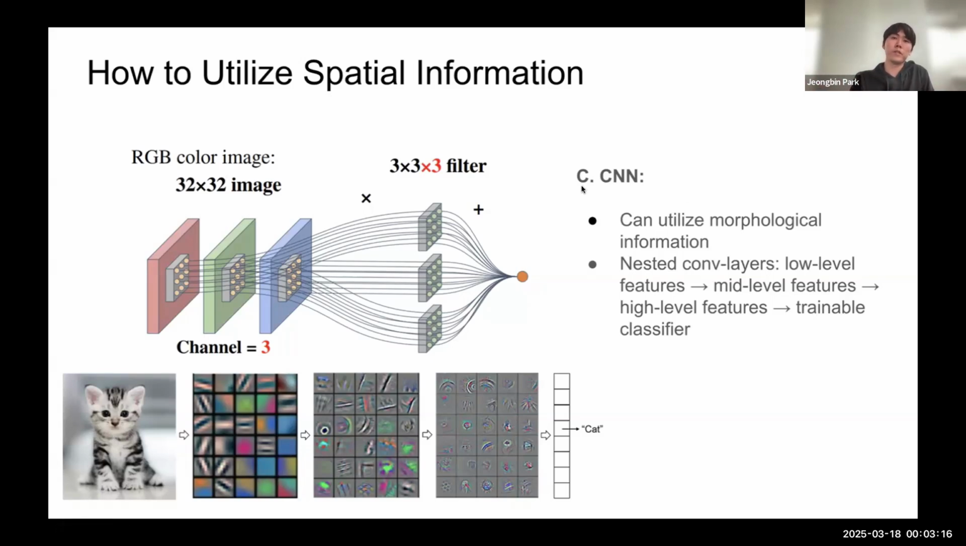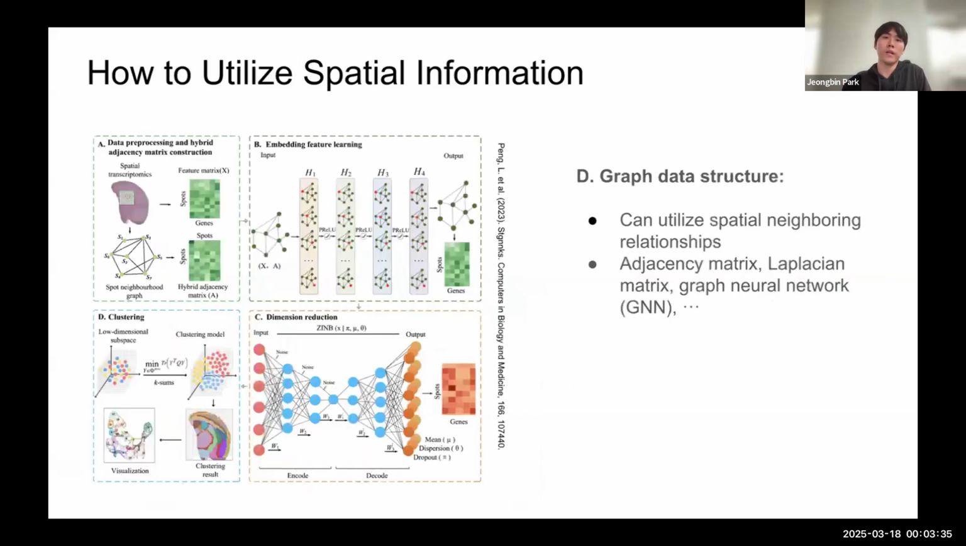So even if the CNN is only focusing on the local features of the images, it was very successful, and maybe we should incorporate this type of model when we are dealing with morphological information, because in spatial omics, there are always histological images or fluorescence images and so on. The fourth example is the graph data structure. So, for example, this type of analysis is called